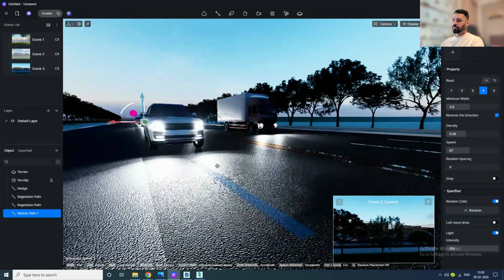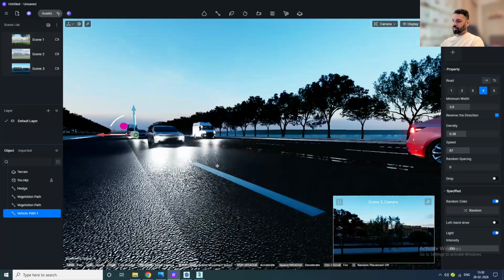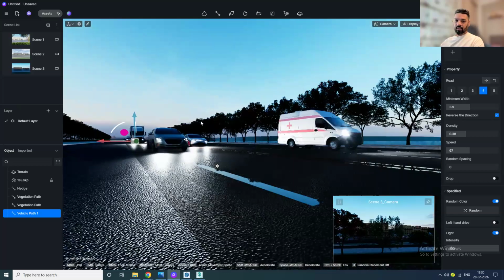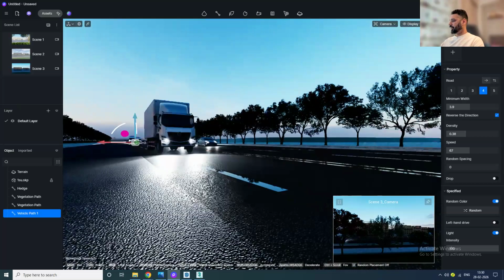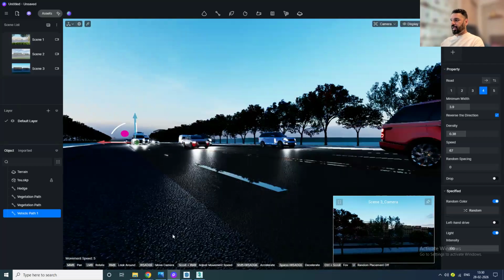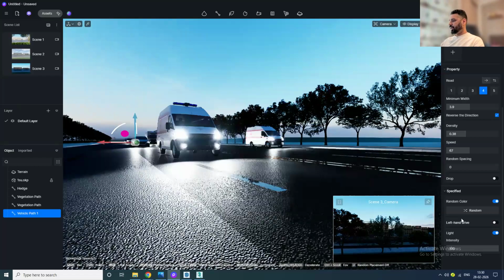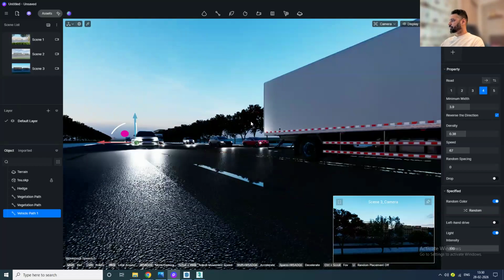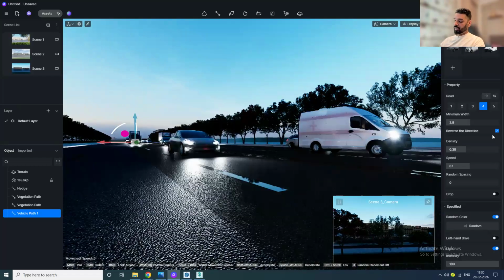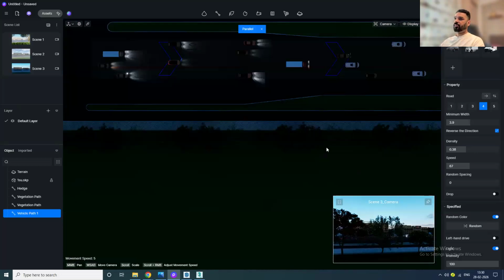This is how we can show. Now you can see materials also. कि पास से बिल्कुल सही दिखाई देता है ये. रैंडम कलर्स वी कैन हैव कि गाड़ियों के रैंडम कलर्स आ जाएंगे. एंड रिवर्स डायरेक्शन हो सकता है. एक ही पाथ से वी कैन हैव